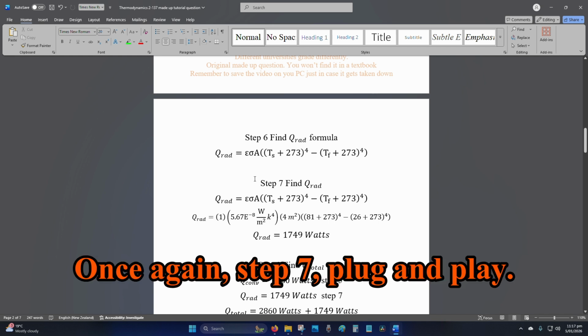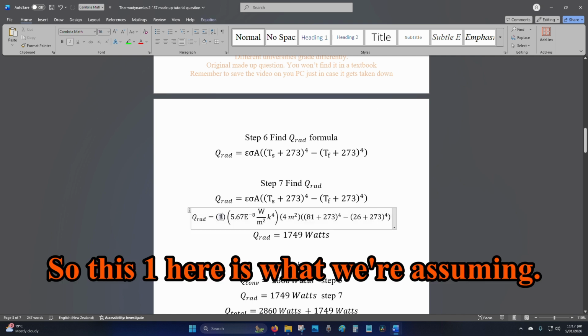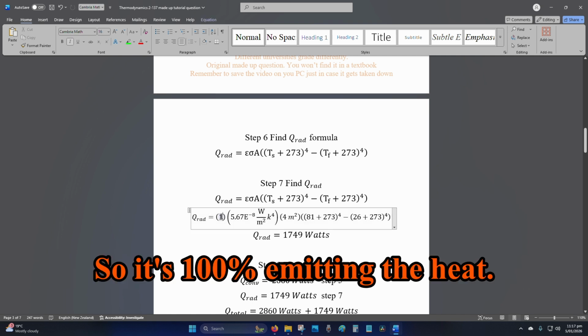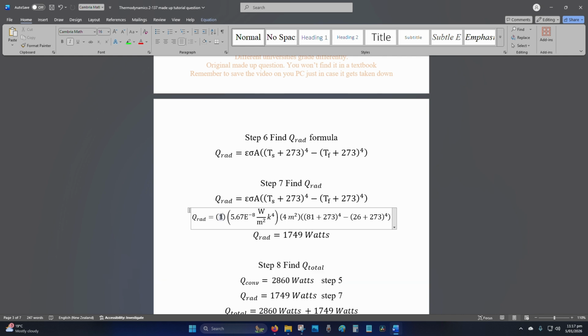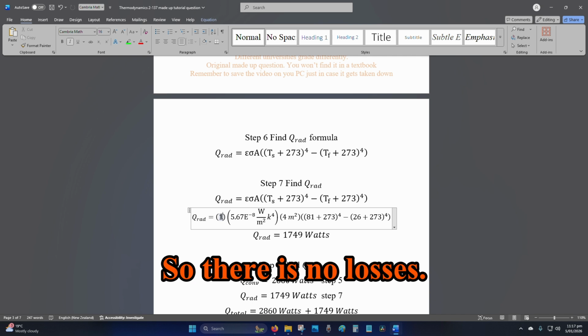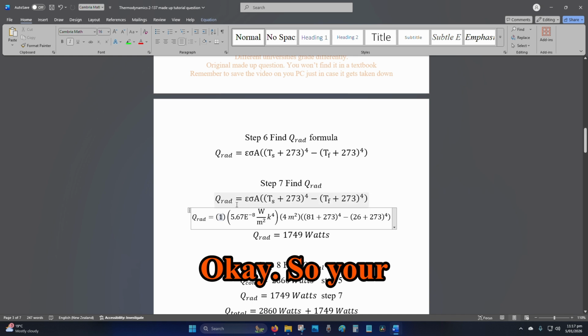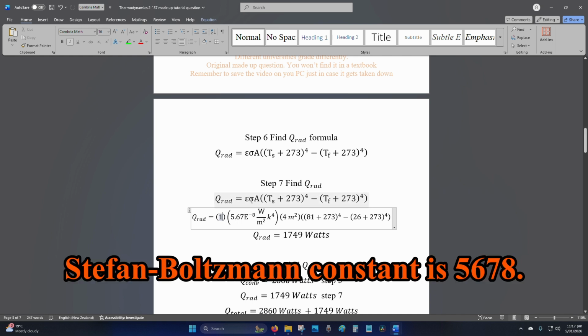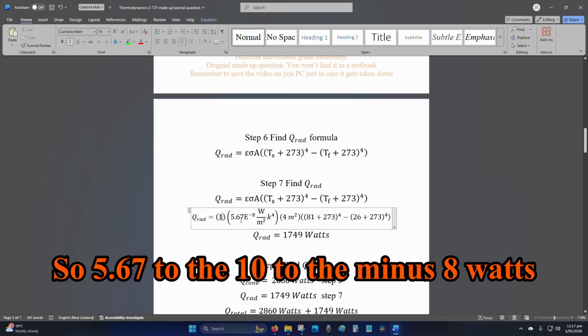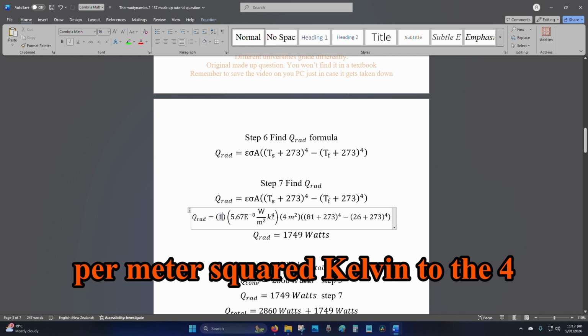So once again, step 7, plug and play. So this 1 here is what we're assuming. So it's 100% emitting the heat. So there is no losses. So anything that it absorbs, it sends back out. Okay. So your Stefan-Boltzmann constant is 5.67 times 10 to the minus 8 watts per meter squared, Kelvin to the 4,